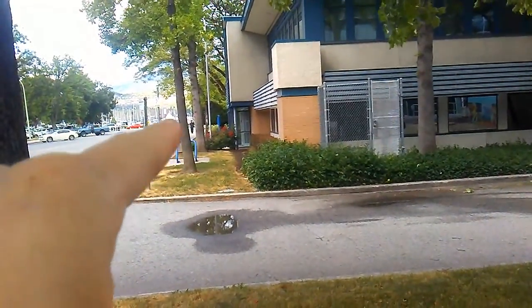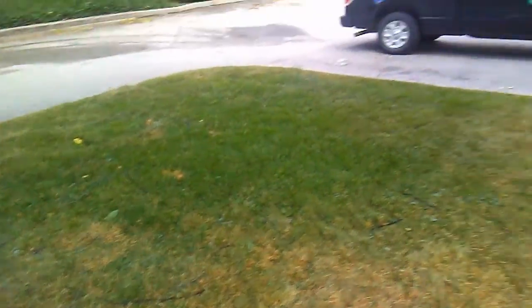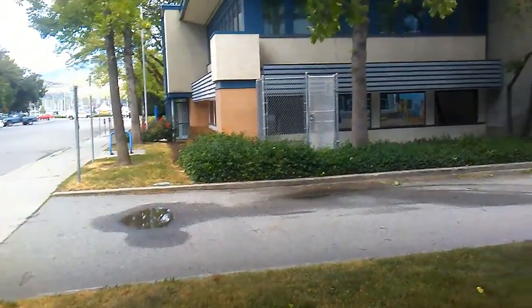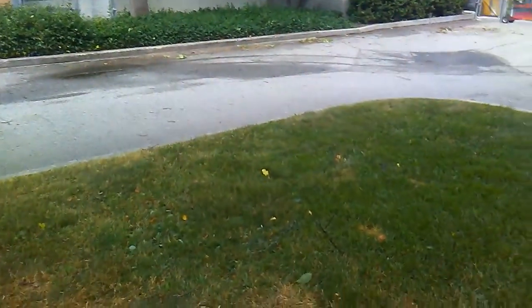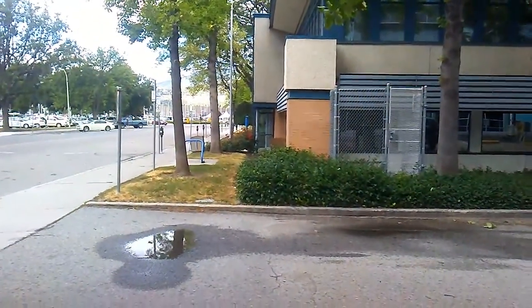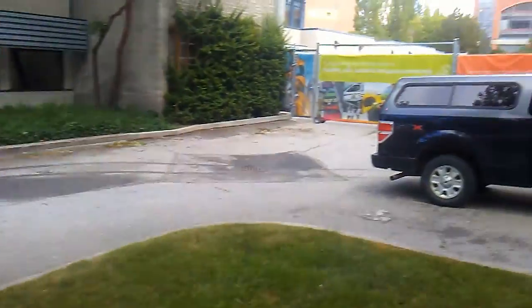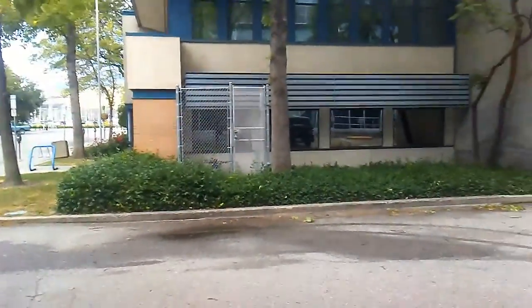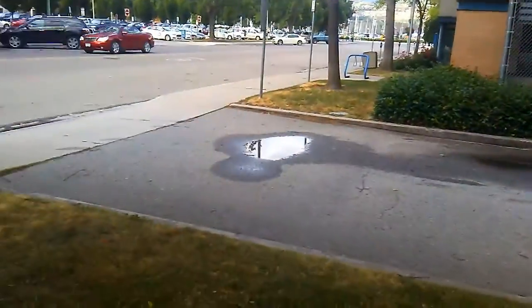The guy down there is my guy who I work with. This is one of the lawns that I do, straight lines and stuff. And from here all the way down to the other side of the building is all up to what we do. But given the circumstance, again, this is the last day we do this site. So I figured I'd kind of give you guys a little bit of an insight of what we did at the beginning of April, or at least when I started. And this is one of the places that we first came to. So yeah,